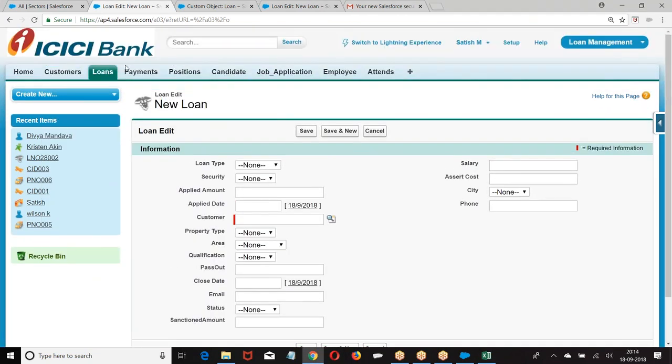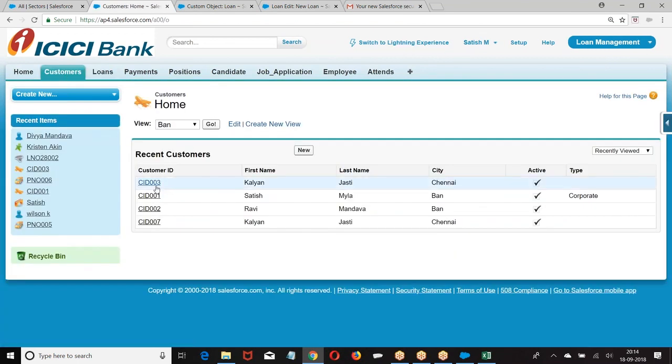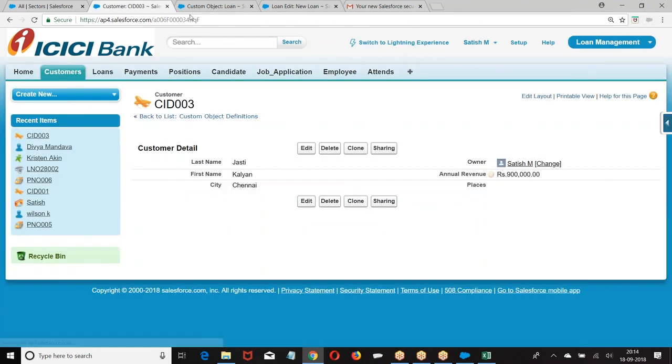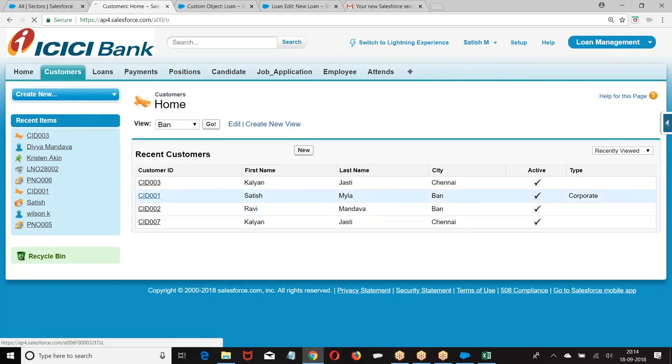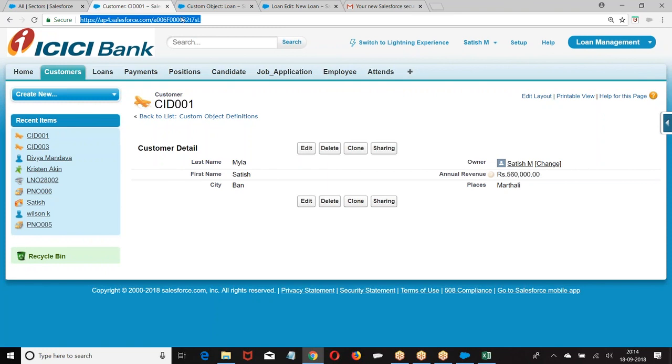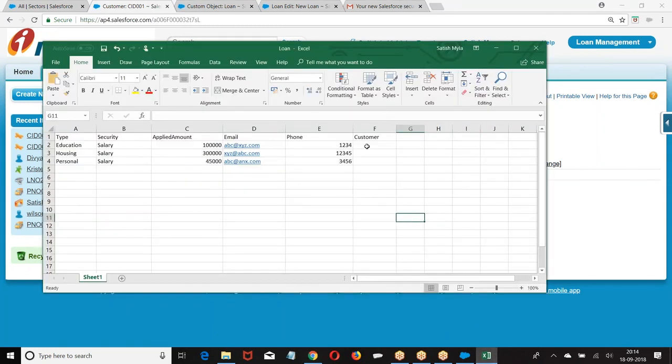Now, if you are going for a master detail, now look at the point. If you want to create data, now if there is any master detail field or lookup field, we are supposed to pass what?